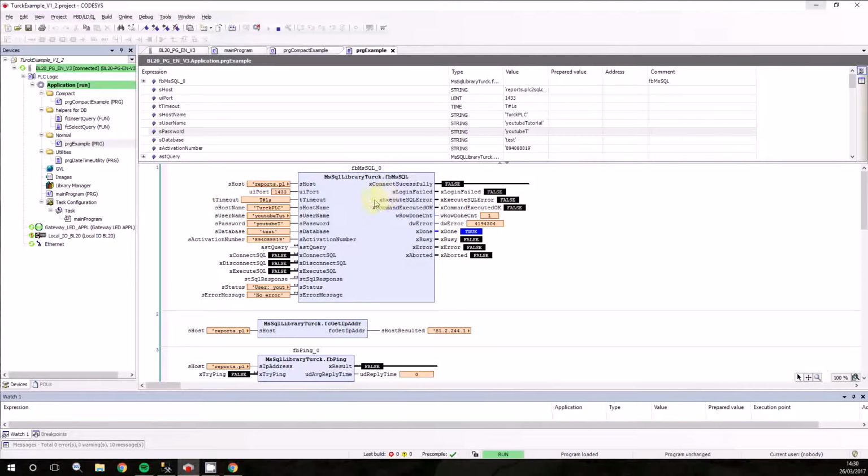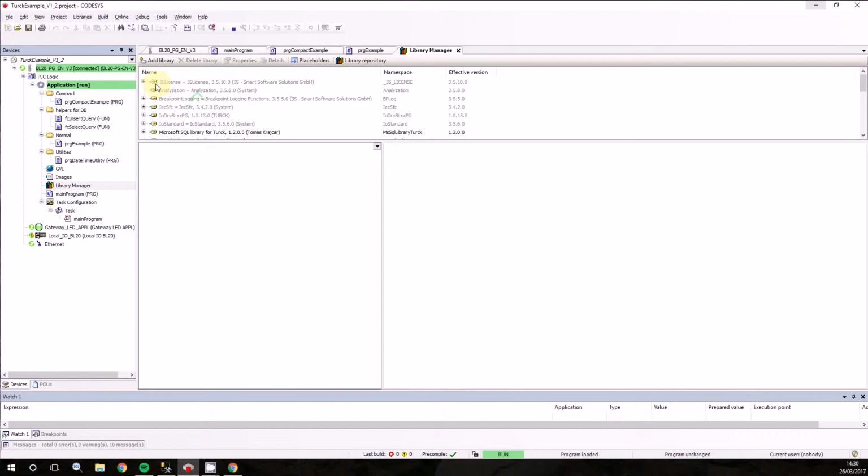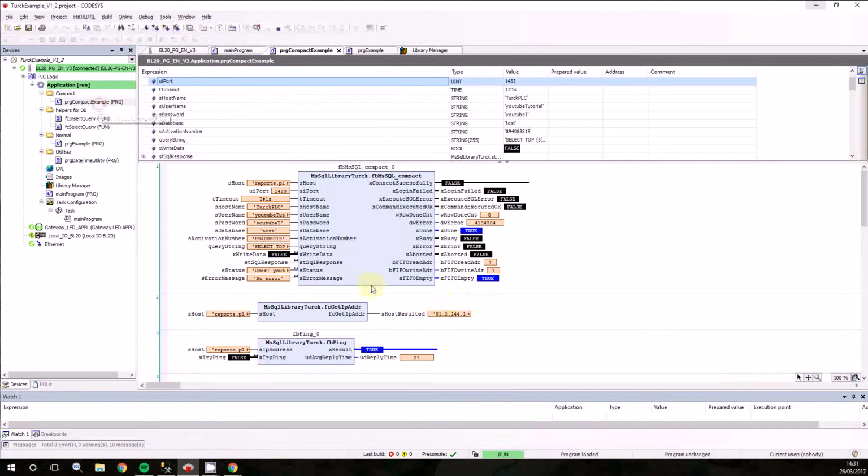So basically, firstly we have to open the example. Example is stored in user root folder. So CODESYS MicroSQL library, TURCK library. Examples, we will open the example. Next thing what we have to do is to open the Chrome web browser. Try if our PLC is reachable. Here we can see that IP address on PLC was set up by the DHCP server. This is the IP address, and this is the default